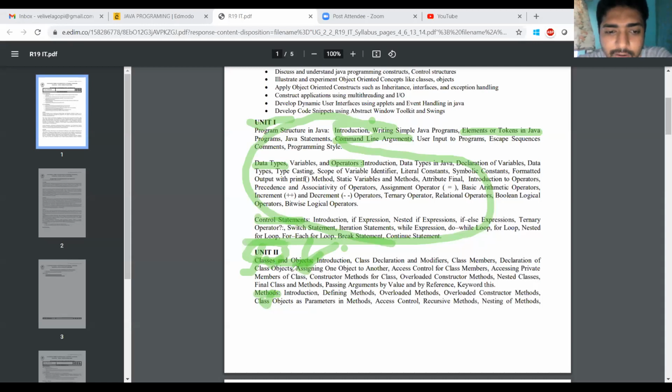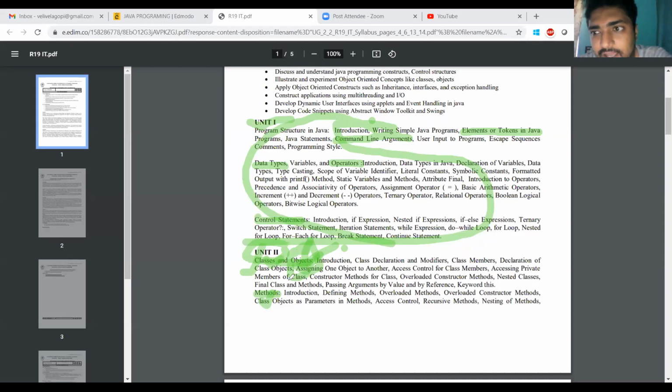These classes and objects as well as methods are essential for writing a Java program or any object-oriented programming language. Here the main concept is objects. In any object-oriented programming language, each and every class member is accessed by using the object. There is a difference between variable and object.